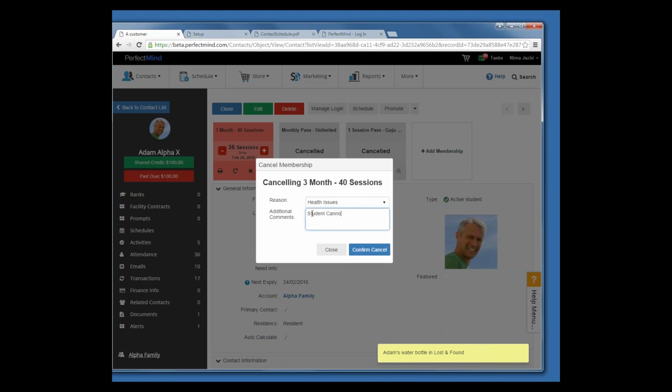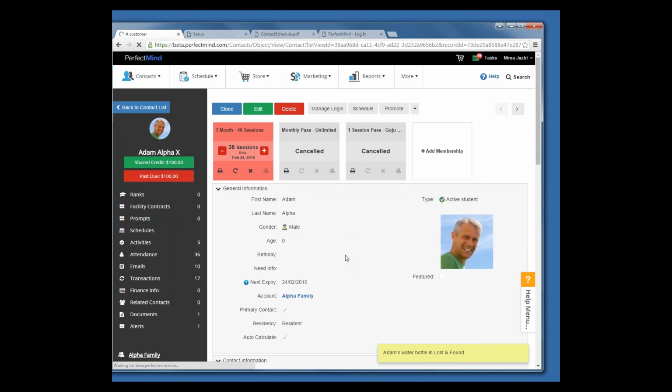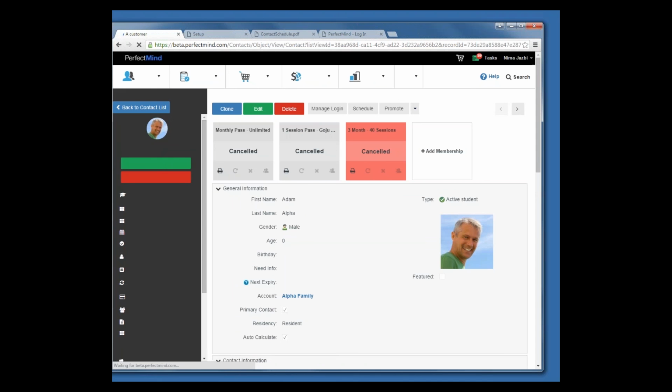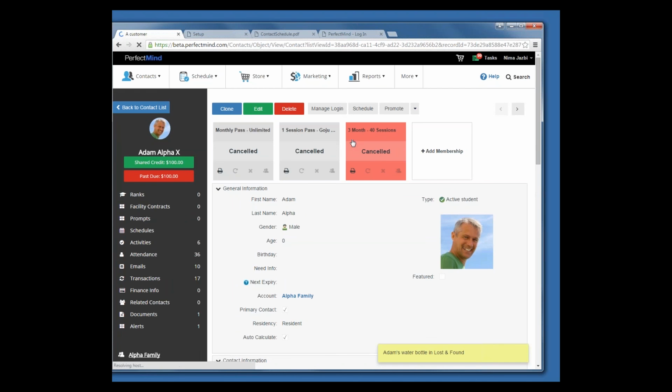Student cannot continue lessons due to injury. And we're going to press confirm the cancellation. And as you see, the membership does get canceled, and now there's a report that will allow us to see